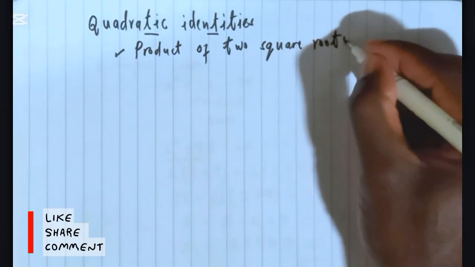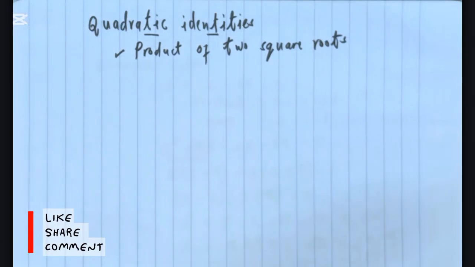All right, so sometimes quadratic equations and expressions are usually a product of two square roots, and therefore it means that